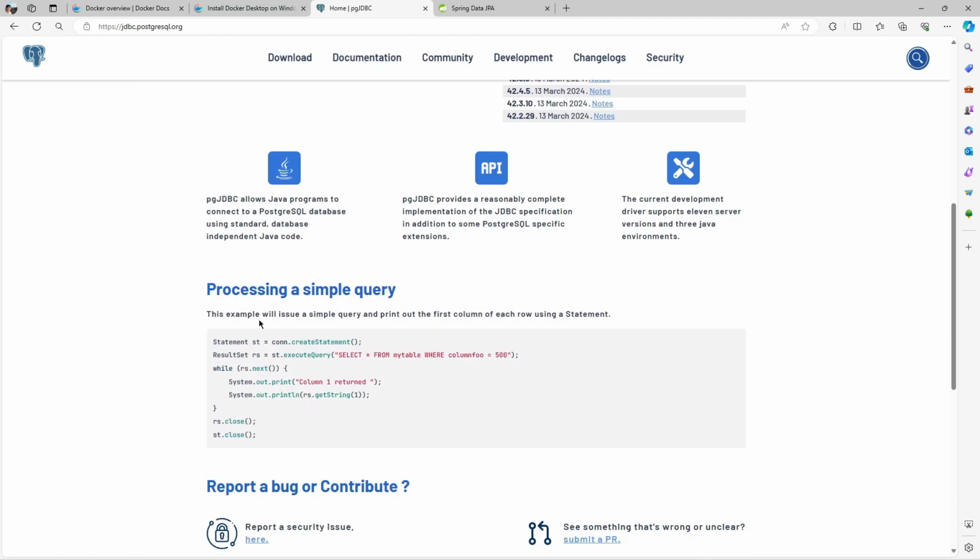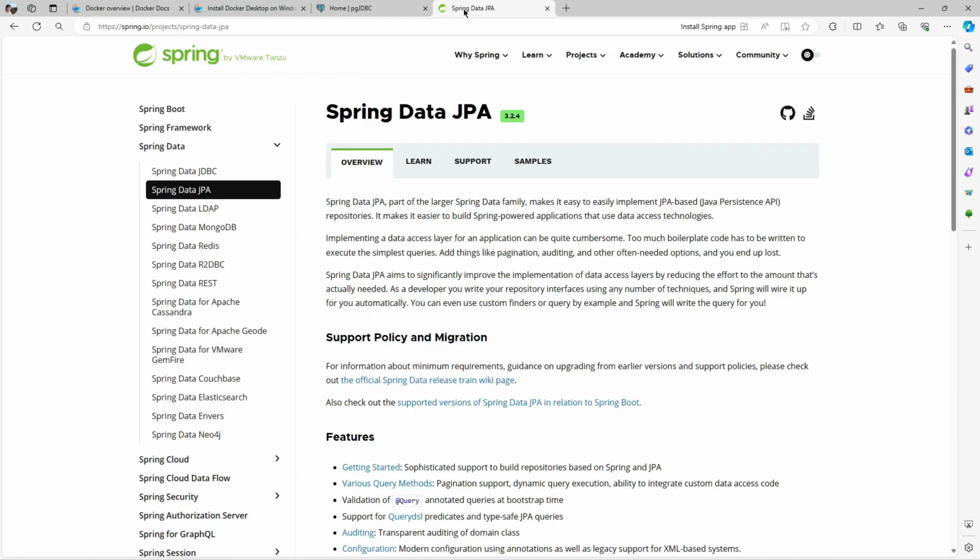So you can see this is a simple query using Statement and ResultSet, and you need to type the query very specifically in here, but because we are using the Data JPA dependency, we don't need to create a statement like this. Let's go to the Data JPA.